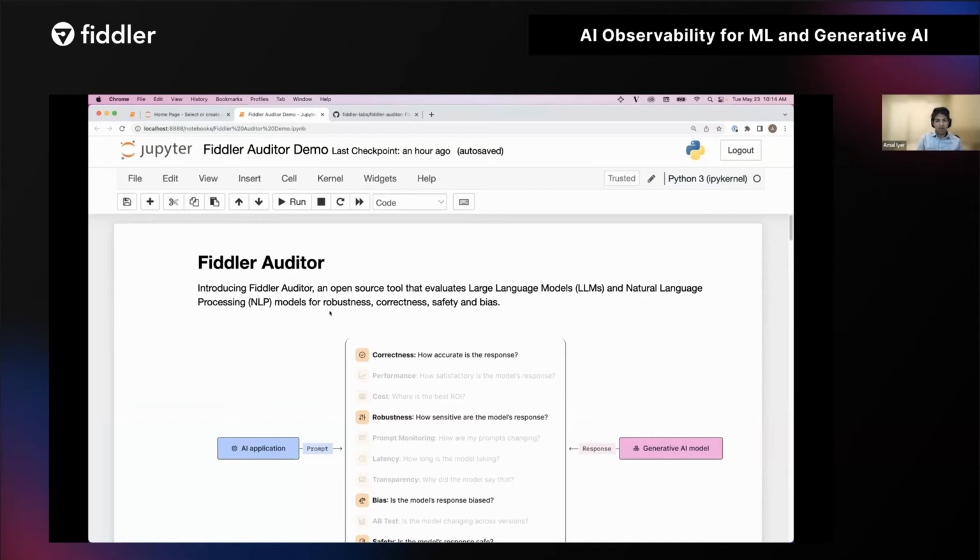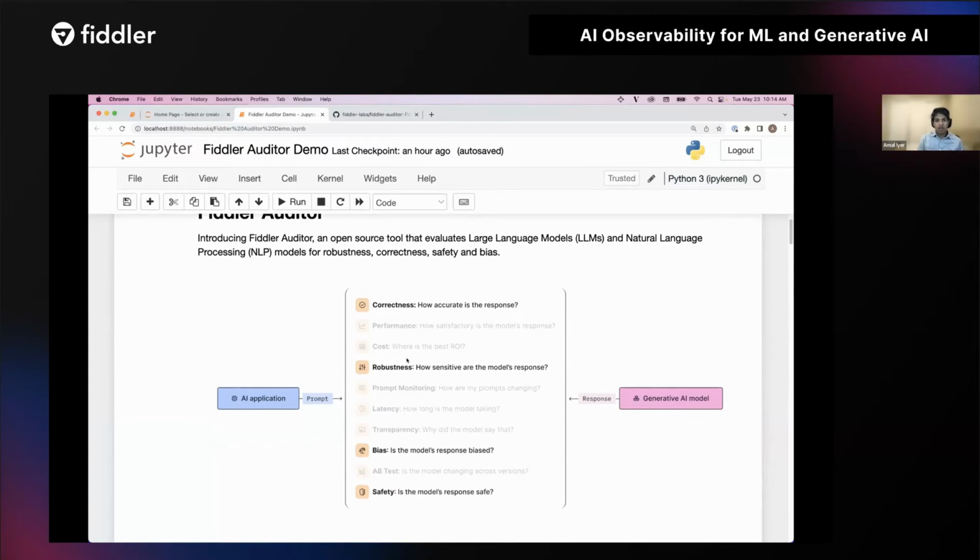So what is Fiddler Auditor? As I mentioned, you want to validate your models before they go into production and monitor them. And the way Fiddler Auditor does it is by evaluating the model across 4 dimensions: correctness, robustness, bias, and safety.